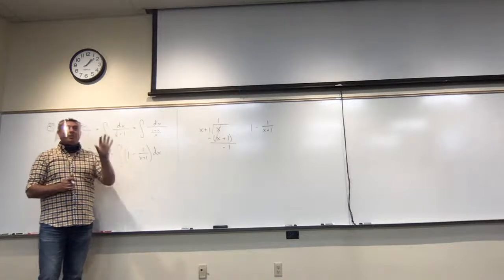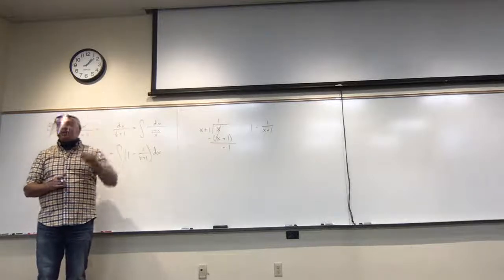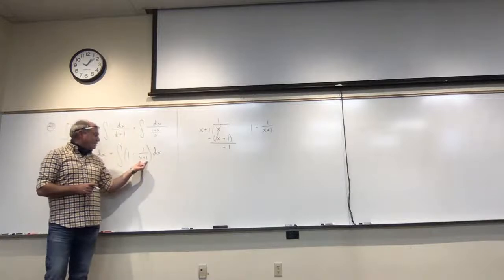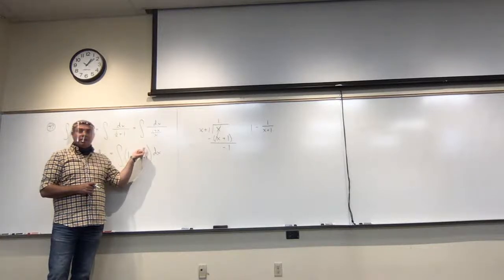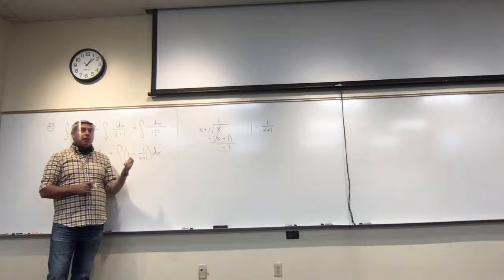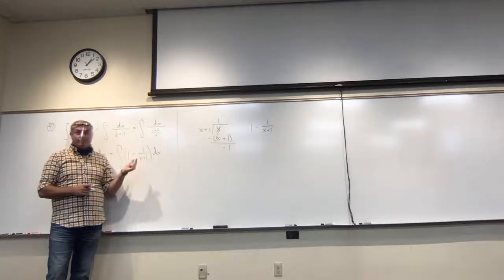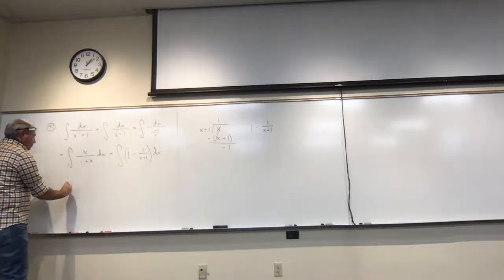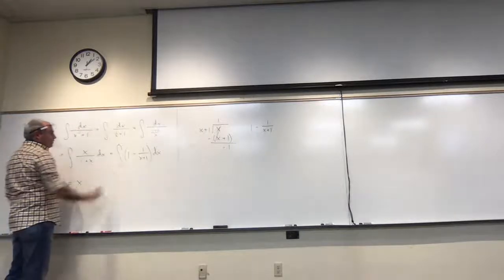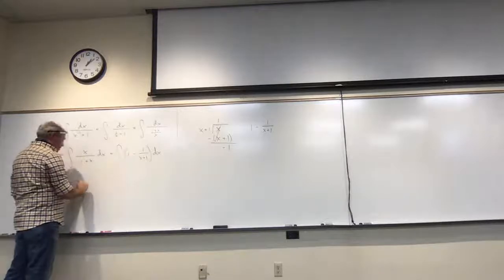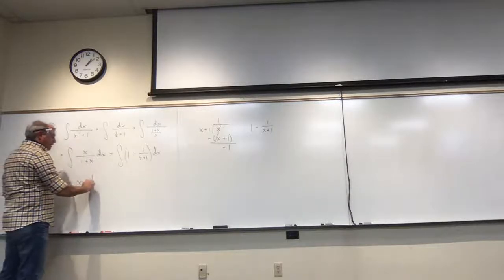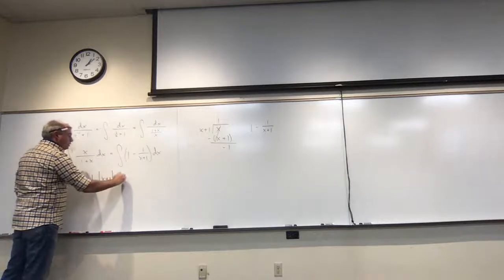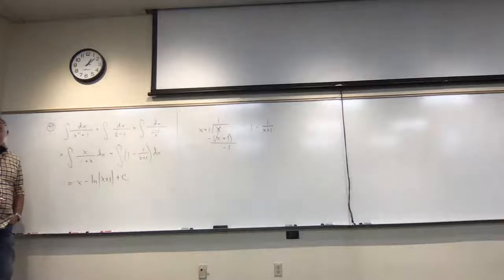When I have the derivative of the bottom on the top, that's a natural log. Whenever f of x is here and f prime of x is here, that's the natural log of whatever is on the bottom, in absolute value. So this is equal to x, because that's the antiderivative of 1. The negative can just stay around, and then I get the natural log of the absolute value of x plus 1, plus c,